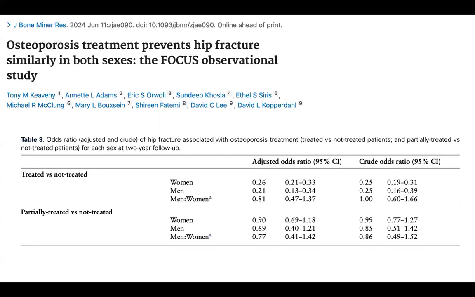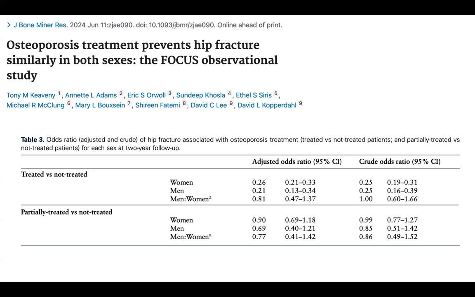So the question is, does this stuff work? This study was actually just recently published a couple months ago. It was a case control observational study. They started with about 270,000 patients over the age of 65 with a CT scan that gave them a free look at the hip. And then they sorted it into those who had a first hip fracture after this CT. They looked at those that had bone mineral density testing and were treated for at least 6 months with prescription